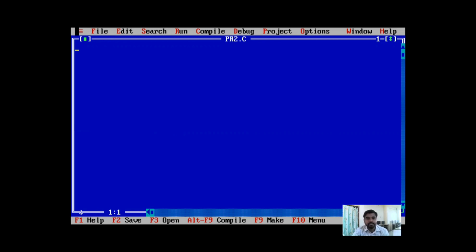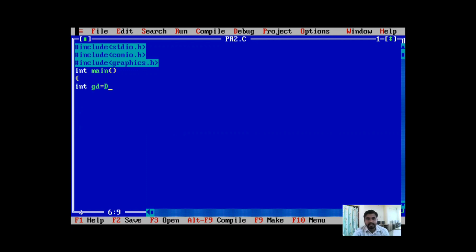We require some header files like #include stdio.h, then #include conio.h, then #include graphics.h. This header file is mandatory for all the graphics programs. Then the int main function.